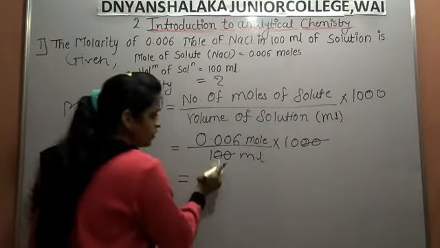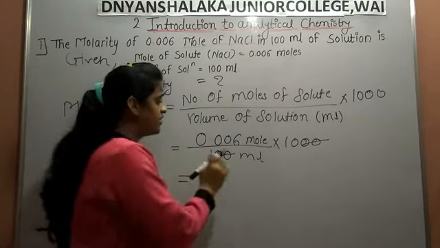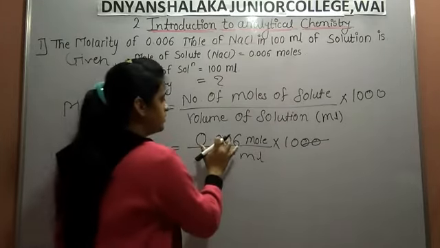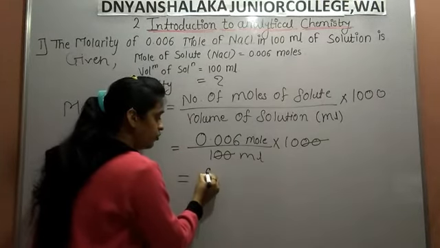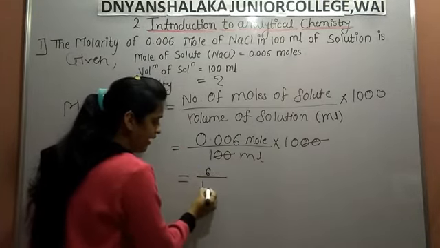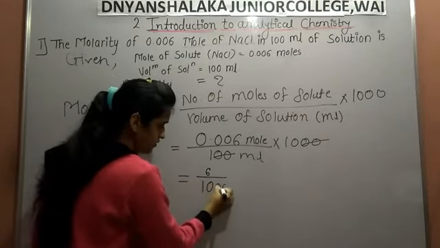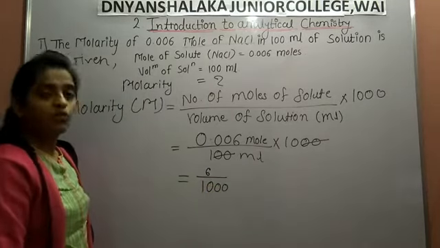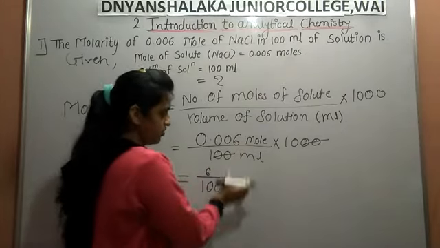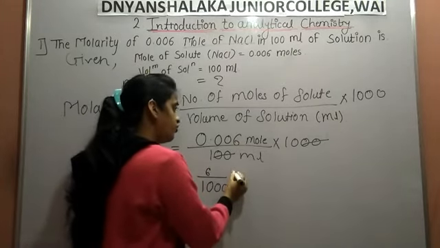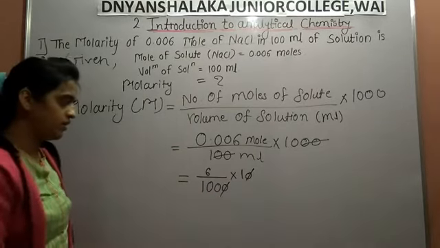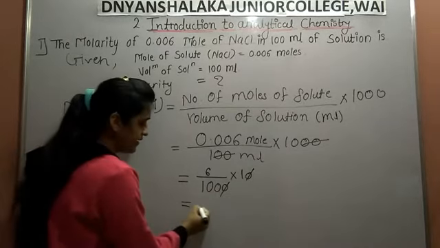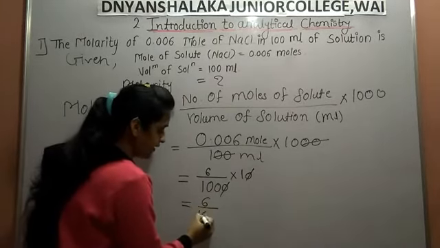So we remove this decimal point. After the decimal, how many digits? This is 1 digit, this is 2 digits, and this is 3 digits. So we remove the decimal point and we divide by 30, meaning to make the number 1000, 3 digits means 10. So this 0 and this 0 get cancelled out. So the value we get is 6 upon 100.